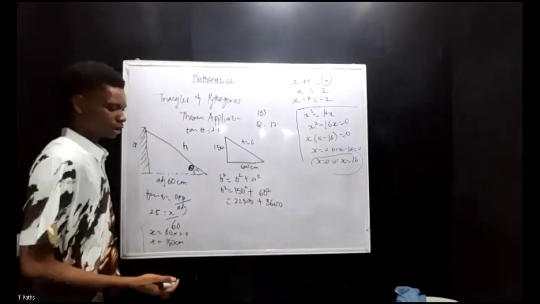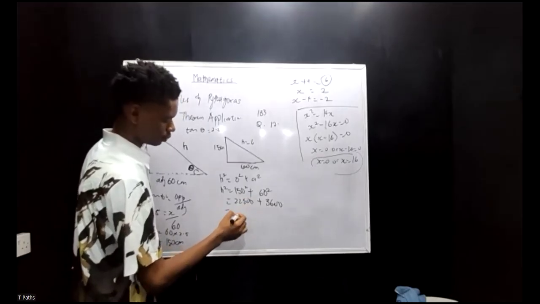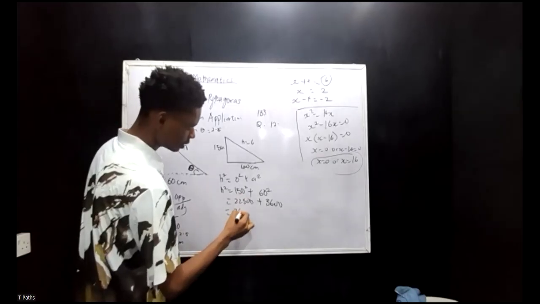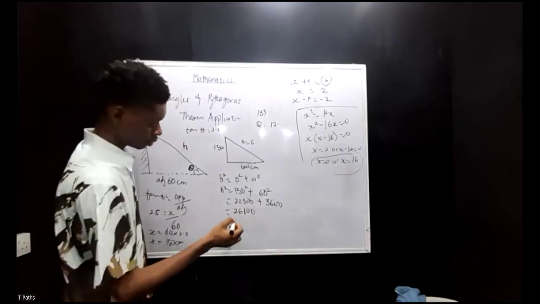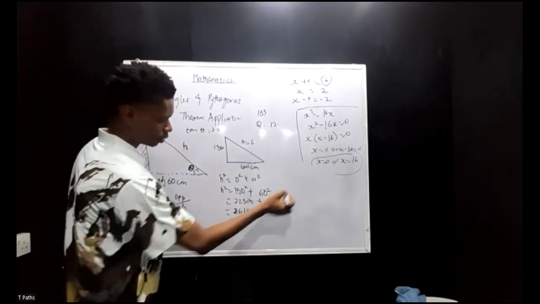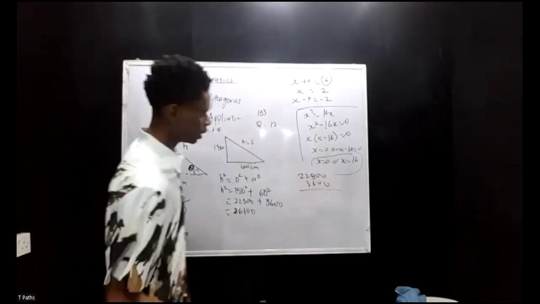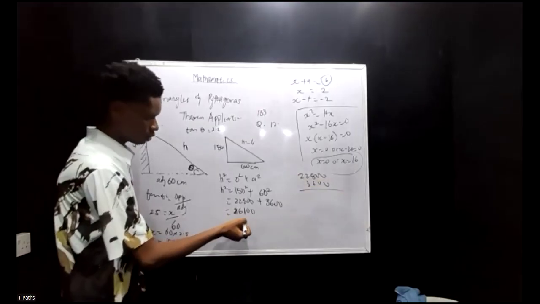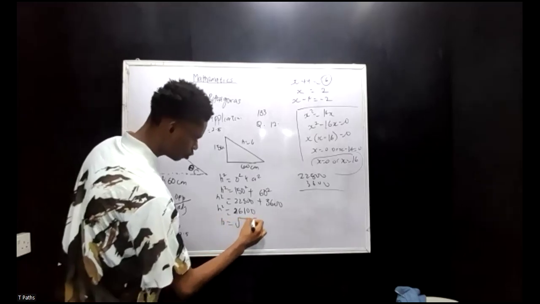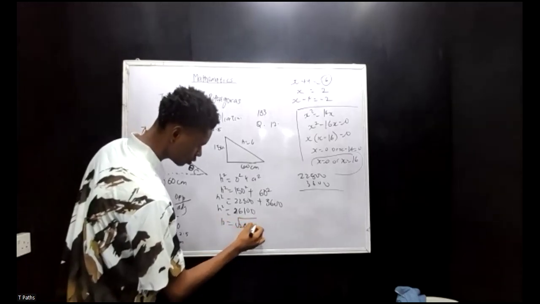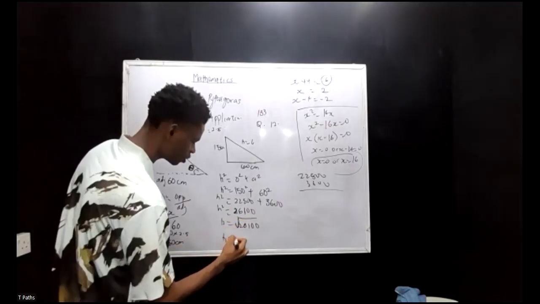So I'm going to sum this up together. If I add it up, I have 26,100. So what I have to do is find the square root of 26,100. If I calculate the square root of 26,100, that's going to be the length of my ladder in